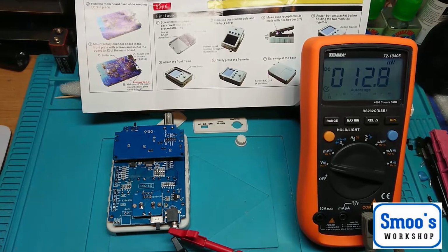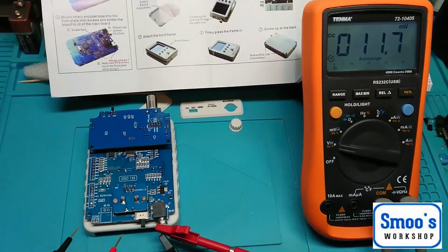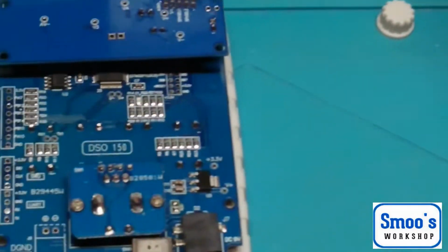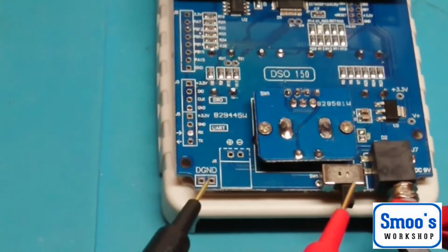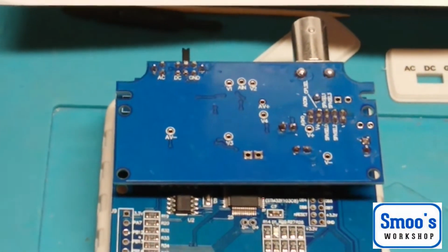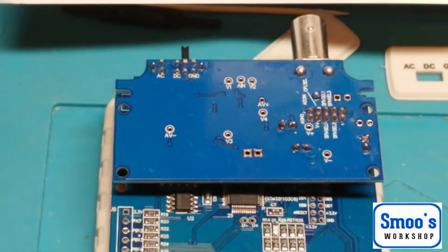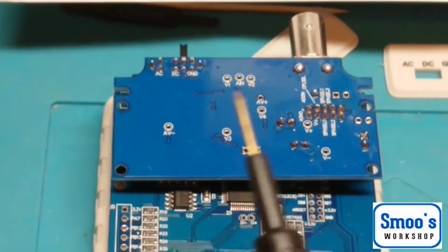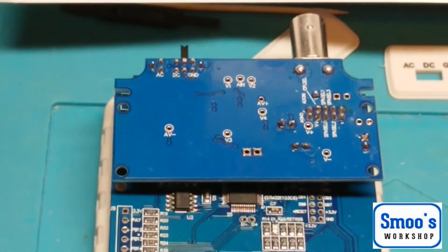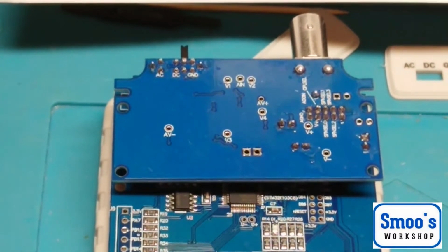So it's telling me there's a little DG ground down there. Let's see if I can just scroll in on that for a wee second. Down in the bottom left, DG ground. So that's where I'm going to put the negative of the probe. And then we have all these points to check. So let's just get these the right way around. So with my negative probe on the DG ground,